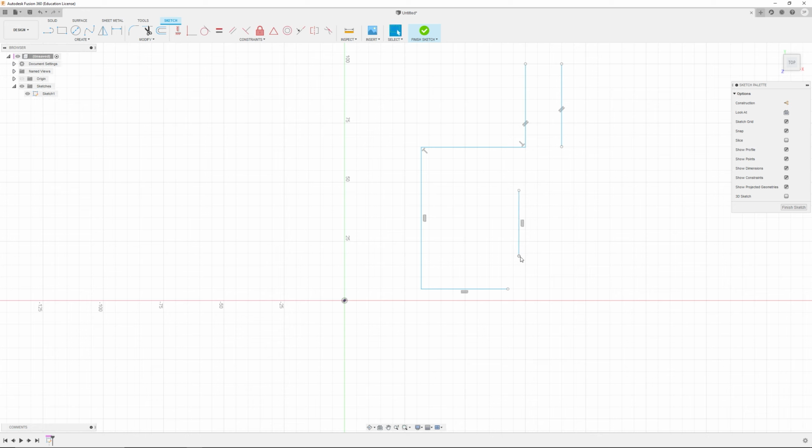And in this case, they might have a better description of it: constrain the position of 2 points or a point in a line or curve together. Basically what that means is, notice how this point can go wherever it wants at the moment. If I constrain this with a coincident to the line, notice how it automatically added that when I dragged it to it. What that means is now that point is stuck on that line